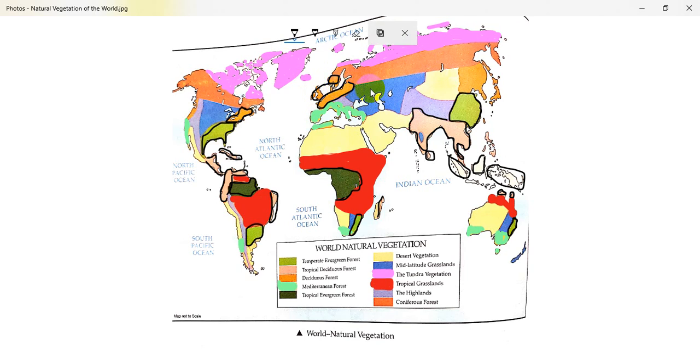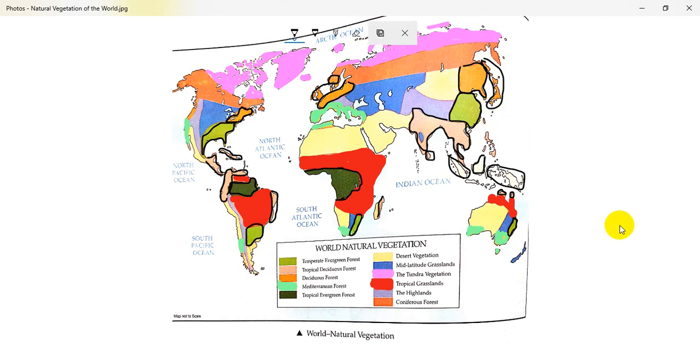And over there in the eastern part of Russia, even in Japan, Korea, all these areas we have temperate deciduous forest.